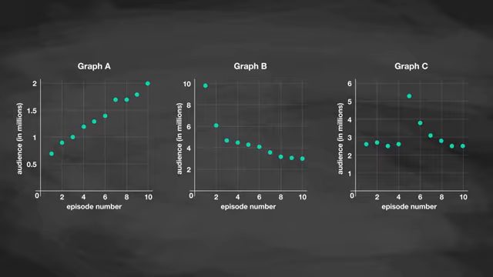If you ignore the units and just look at the shape of the graph, show A looks like it has the greatest audience. But when you take the units into consideration, show A has the smallest maximum value on the vertical axis. Show B has the greatest maximum value on the vertical axis, but the shape of the graph shows